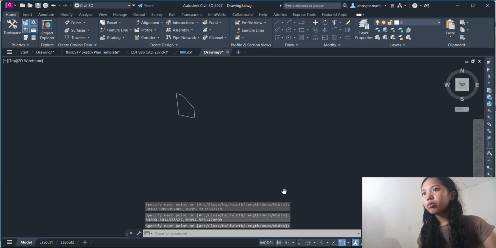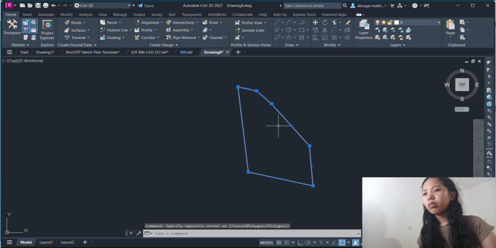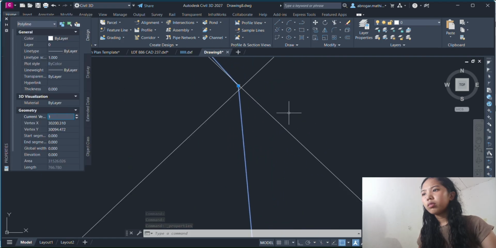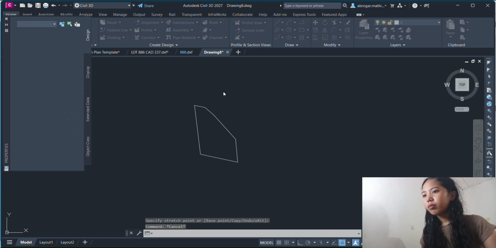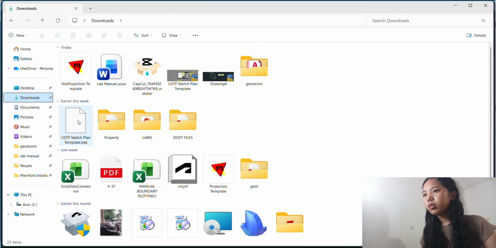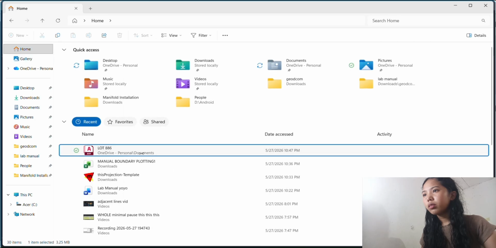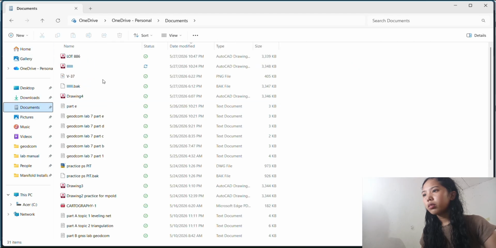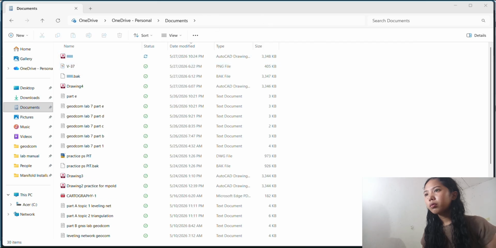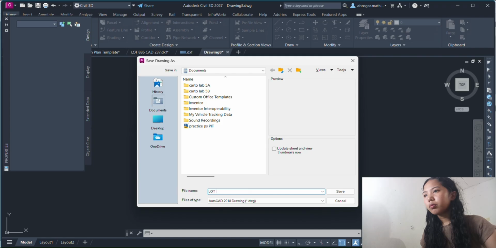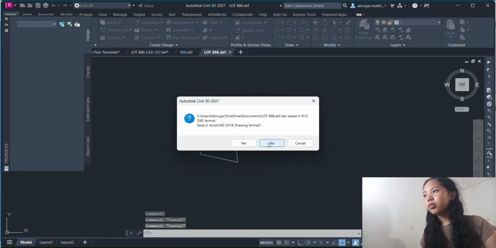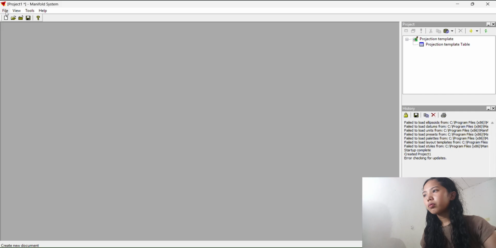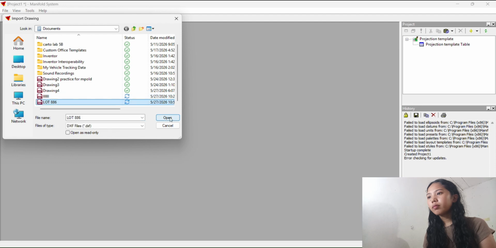Then go to Monterey. Then open Manifold. Open.